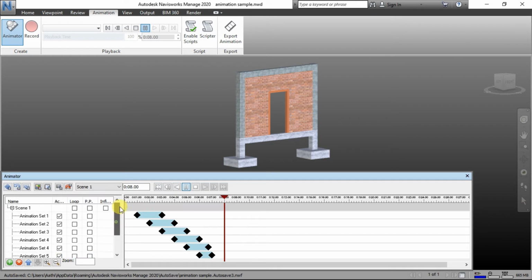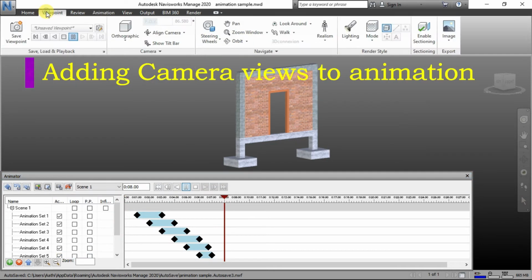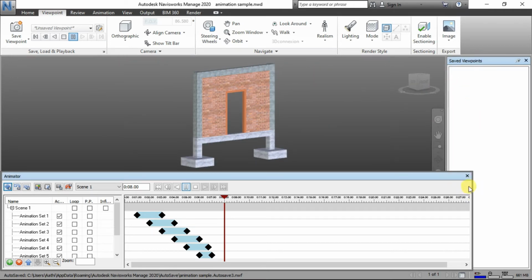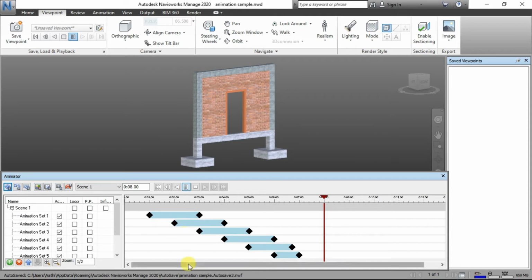The next step is we need to add the camera viewports. For this we need to create a few viewports first. So I am going to prepare a few viewports now and we need to add the camera. First we need to add the camera in the scene.